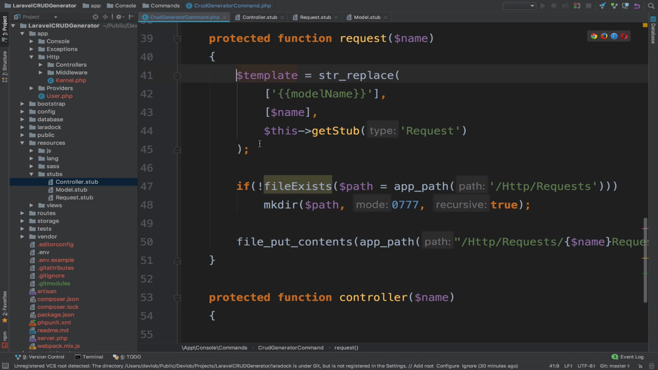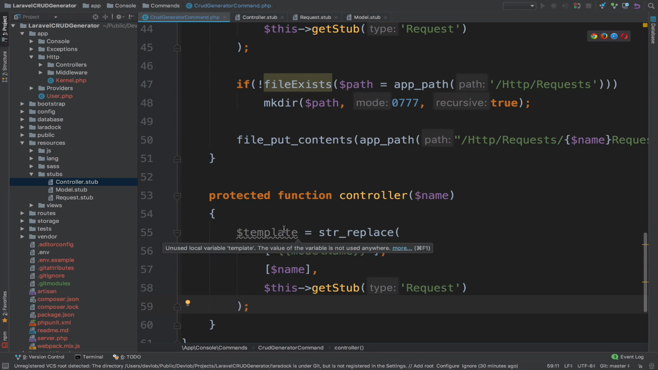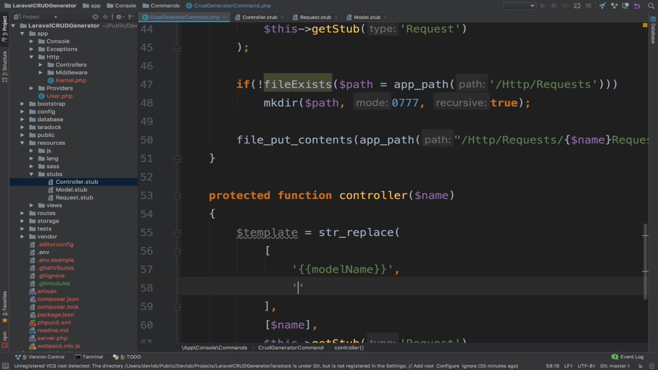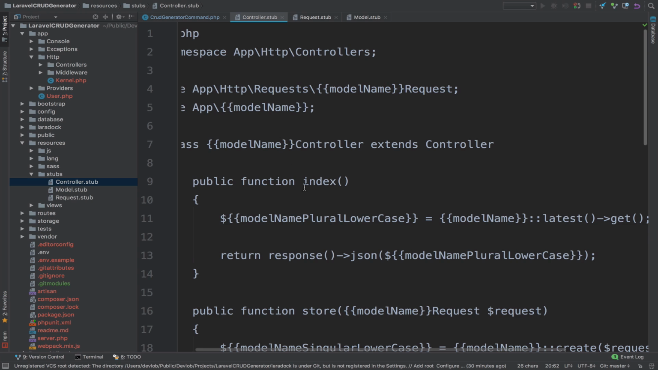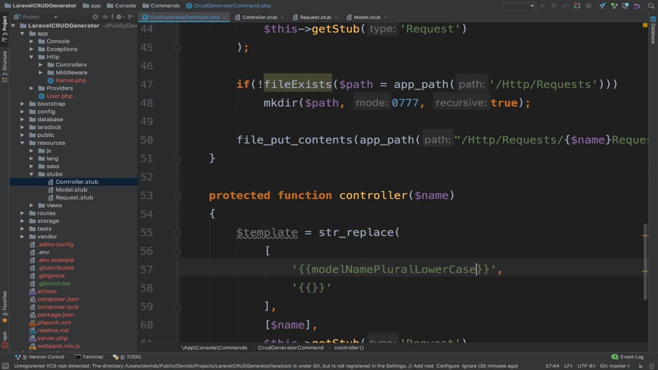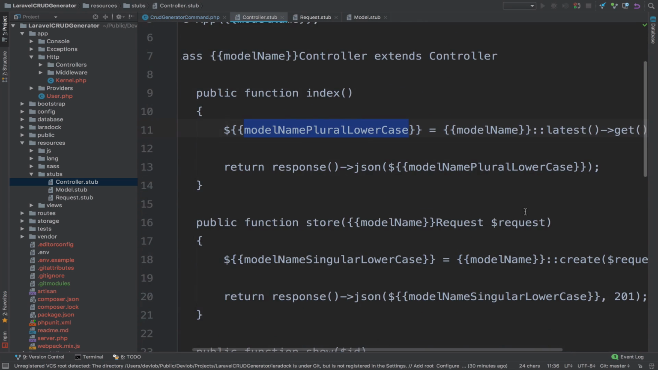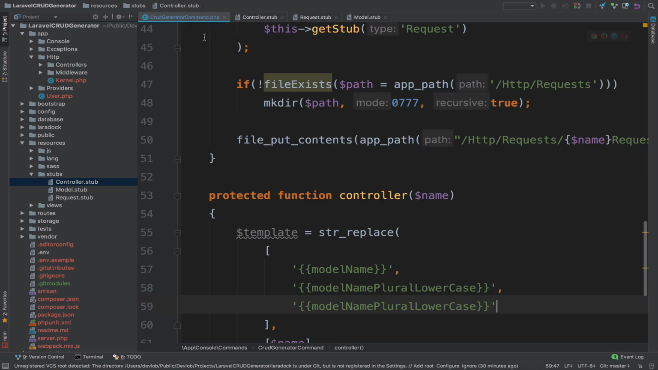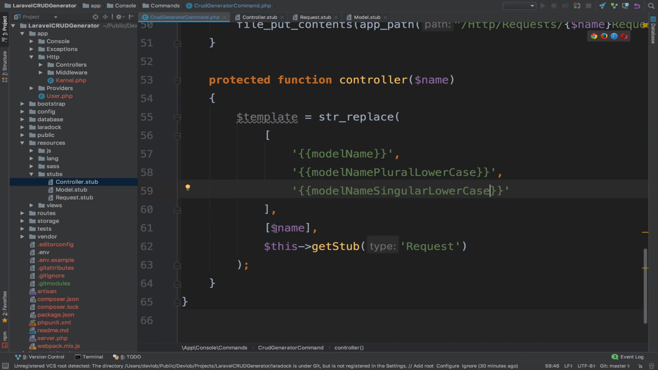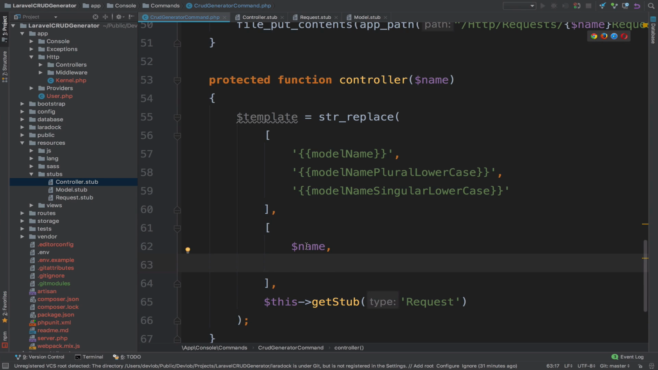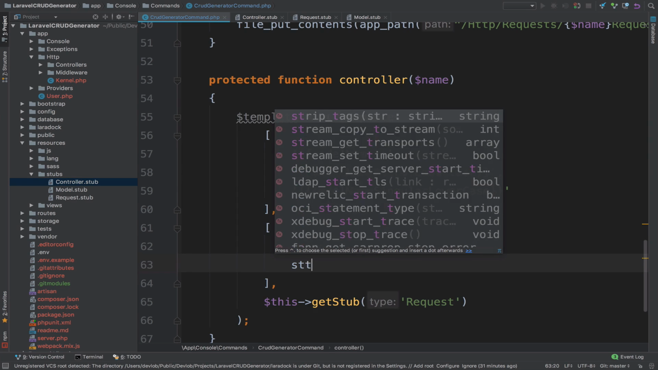Now again, we can copy this code, and this time we have multiple placeholders. So one of them is model name, of course, like always, and the other one is model name plural lowercase. So here it is, and the last one is model name singular lowercase. Okay, for the model name, we have the name of the class, so this is going to be like Place with uppercase P. And then for model name plural lowercase, we can say str to lower, and we make it plural,